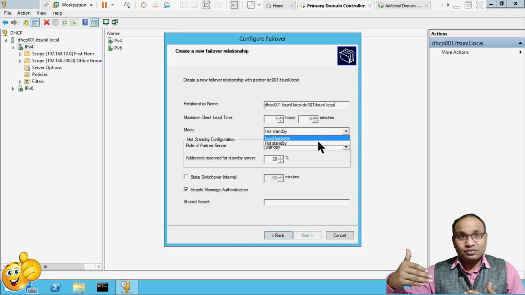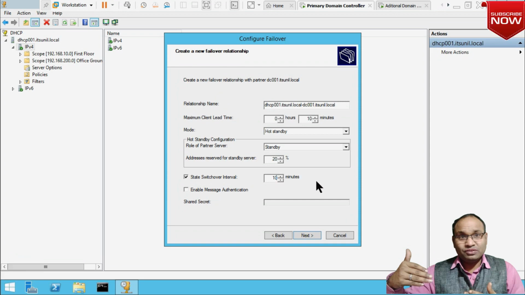Load balance, yeah, hot standby. So I'm going to create it as a hot standby. Start switchover interval 10 minutes. So you have to select the switchover interval time.